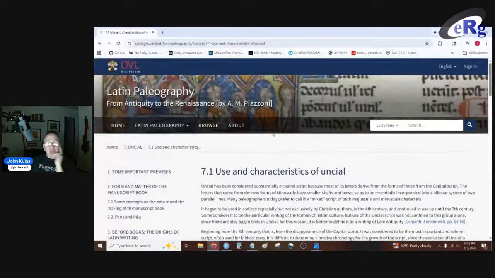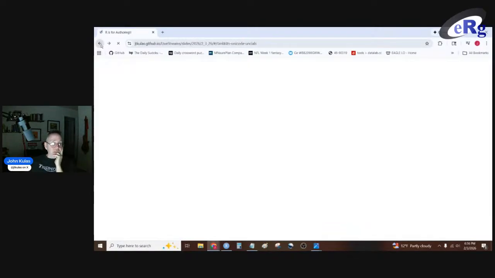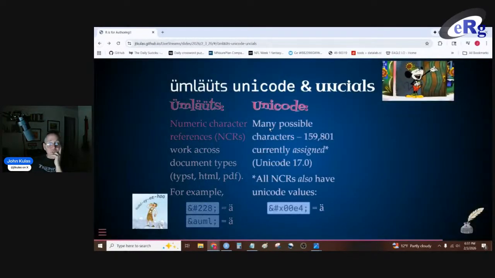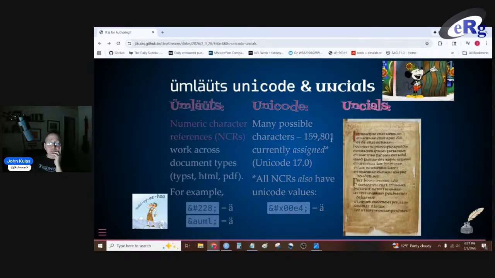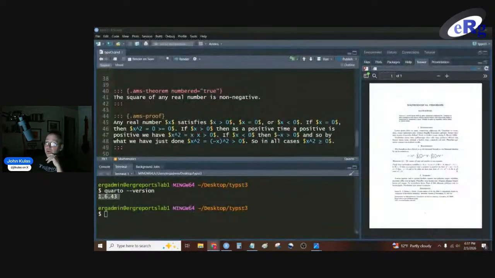So we'll check out uncial script as well, just because we're on the letter U. So we'll do umlauts, we'll check out Unicode because we're going to need it, and then we'll see if we can specify uncial script as well within documents that we craft. Okay, so I'm going to leave this open, and I